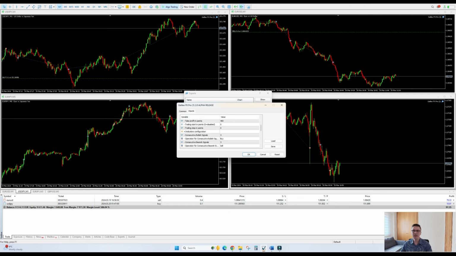You can play with the number of stops, for instance, on the 1 minute chart. Probably you would like to have 15 pips stops with a 30 pips reward, which is important. The reward should always exceed, ideally twice or more, the risk. So if we risk 15 pips, we expect to make 30 pips. So you may play with this. And then